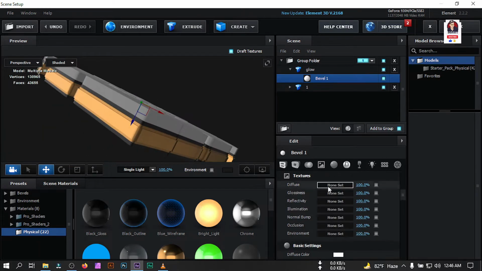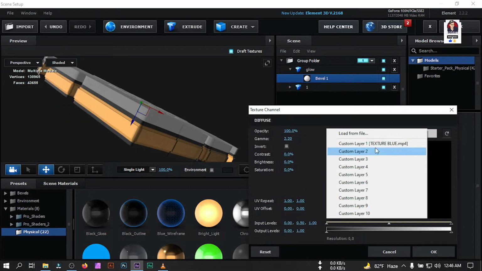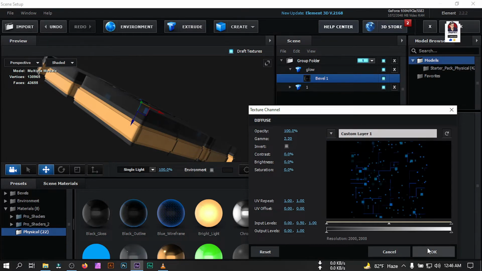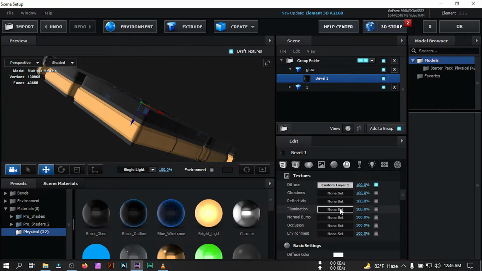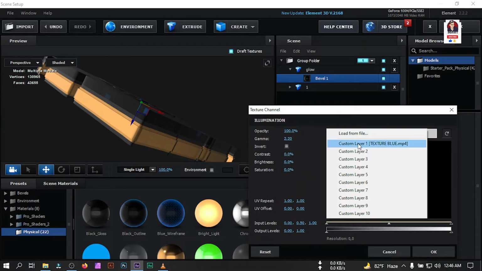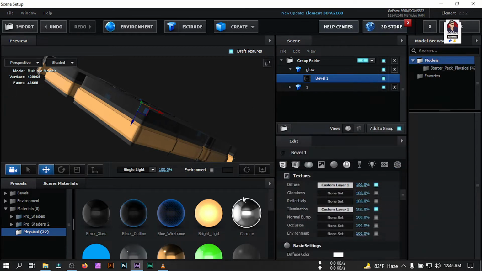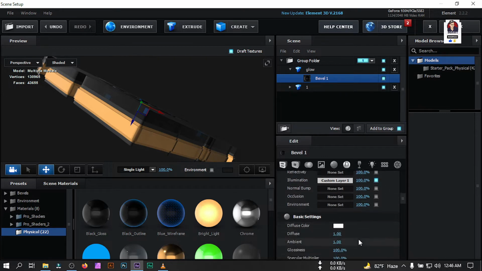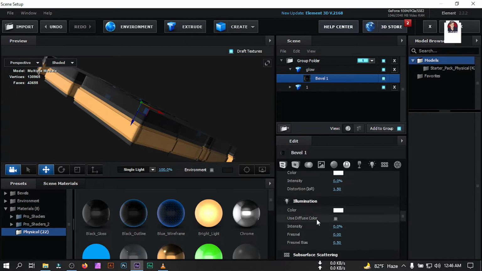Now go to texture and from diffuse select our custom layer 1, that was texture blue, hit OK, then go to illumination and select this, hit OK. Now after that go to illumination and select diffuse color, then increase intensity to 150.